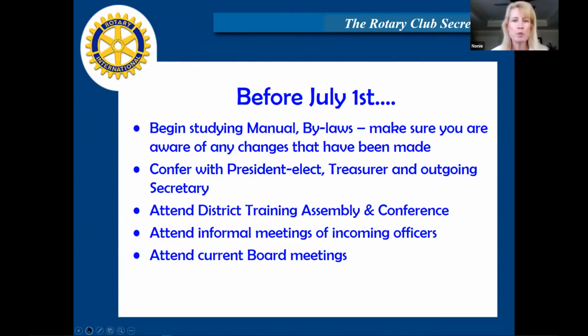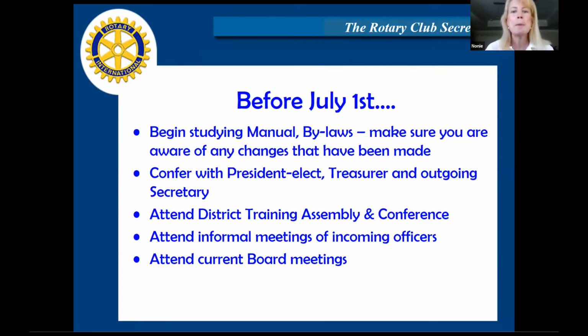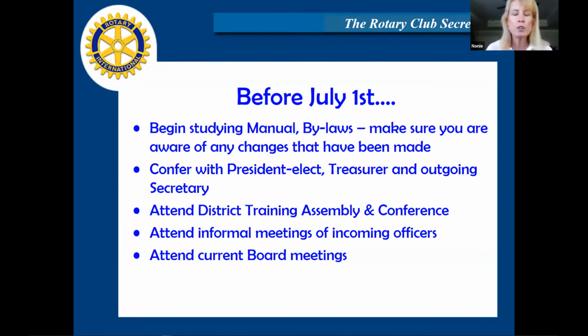They're going to be a super important resource because they know what's worked this last year. Granted, you might have a different president, maybe you'll have the same president, who knows, but they're going to be a really good resource for you. Also, you want to have a great relationship with that treasurer of yours because you two are going to be working hand in hand to make sure everything for Rotary International, the district, and everything is up to date so that you are paying accurate amounts to RI, to the district, and everybody is being taken care of.